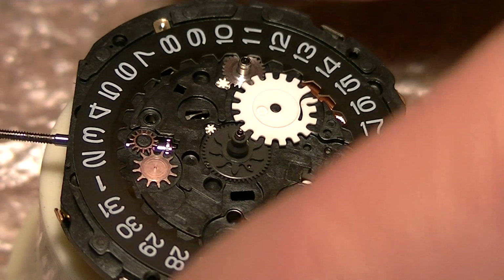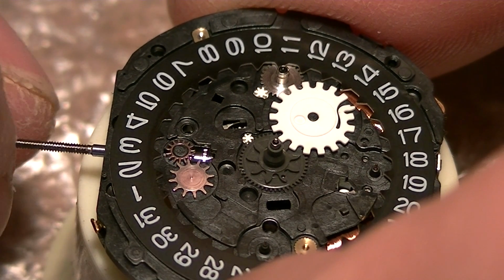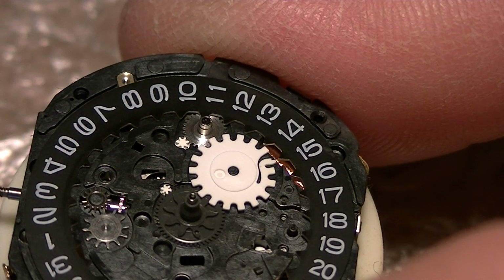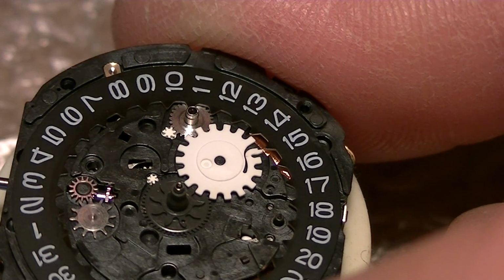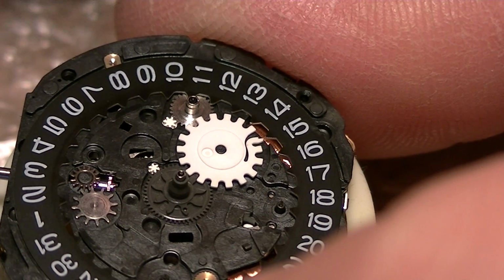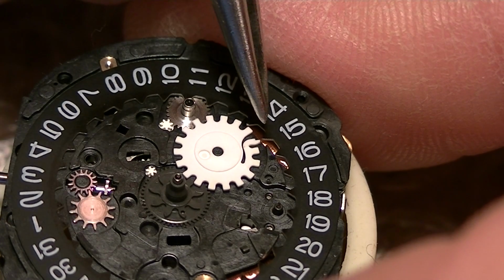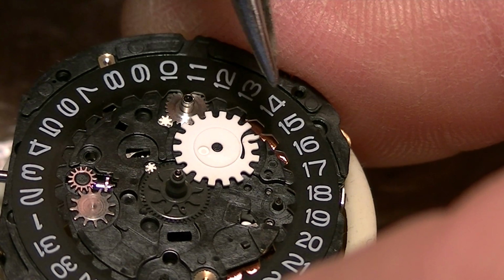and setting the hour, moving it forward, you will see that this date driving wheel, which is the white wheel here, the big white wheel, that's the date driving wheel. It drives the date wheel around. It has a slot here that acts like a spring, and one of these teeth, okay, rectangular teeth, has a small point. This is what catches on the inner teeth of the date wheel and pushes it around